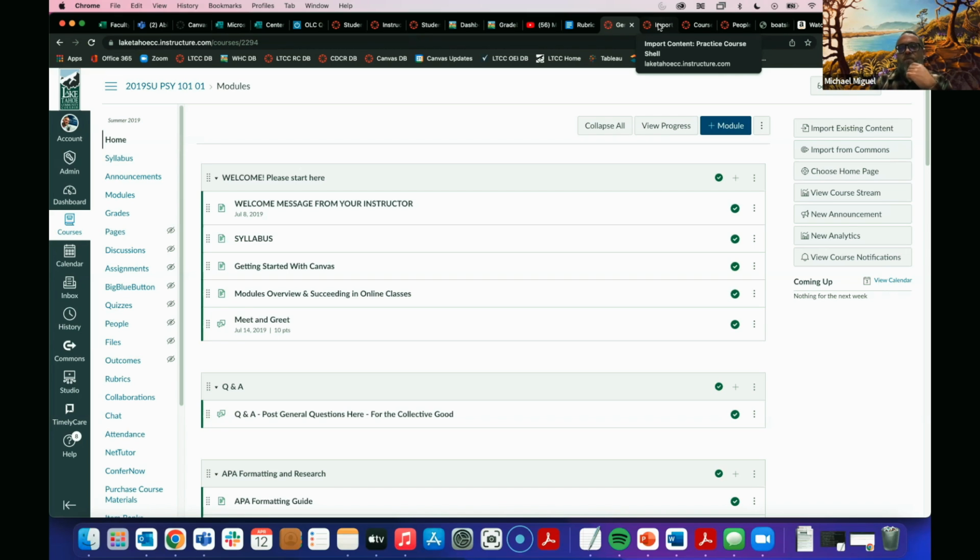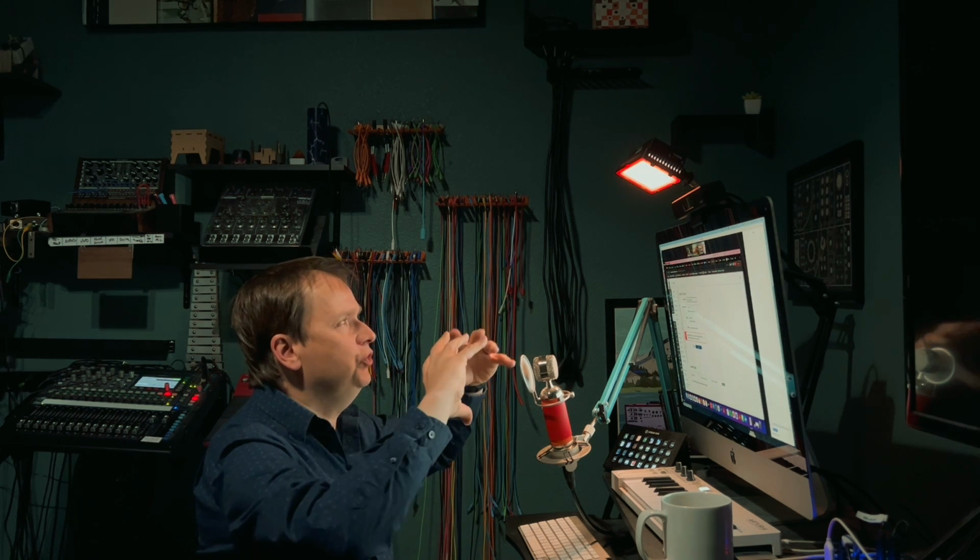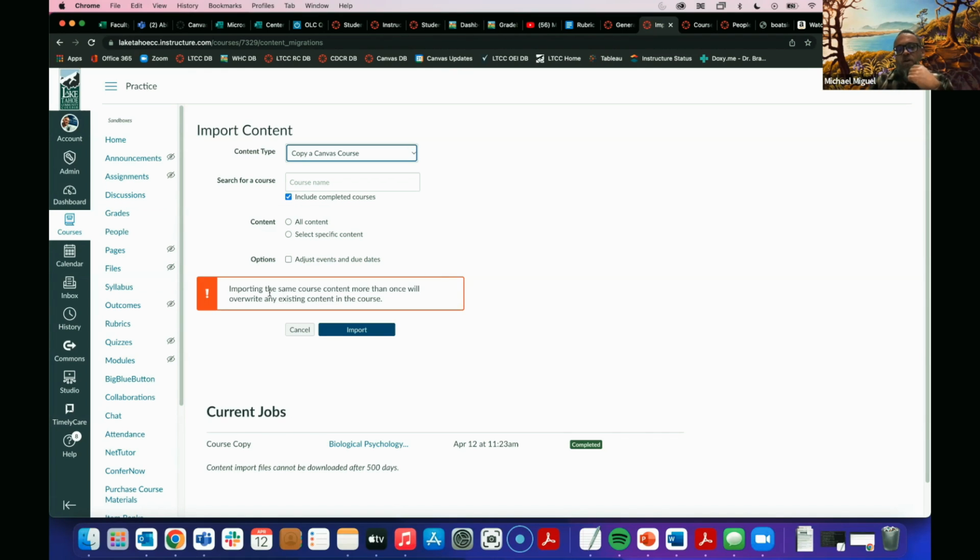Yeah, that's true. Because if you just imported your biopsych, and so that's imported. Now, if you went back and you forgot you did that and you clicked import existing content again, and let's say you imported a second section of biopsych, isn't it going to mush the two together, like different content? Yes. And this warning message here addresses that.